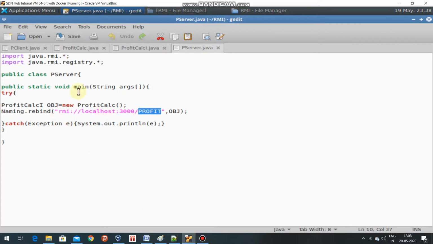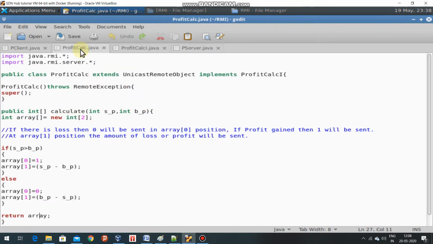Once again, let's see the implementation in profit calc, what it has done. After getting the two parameters from the client, if the selling price is greater than the buying price, then profit is gained, and that is stored in array position 0, and in array position 1 the amount will be stored.